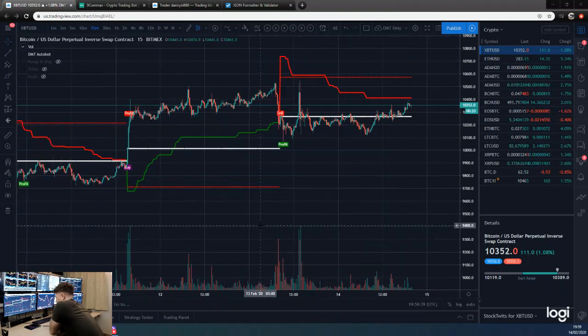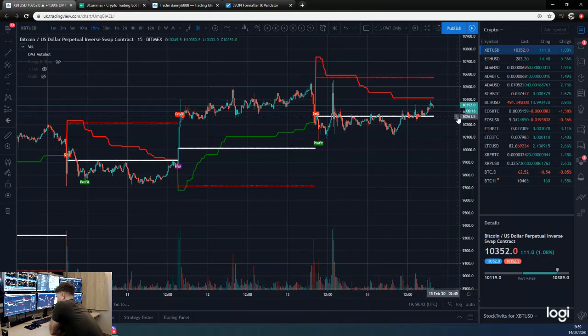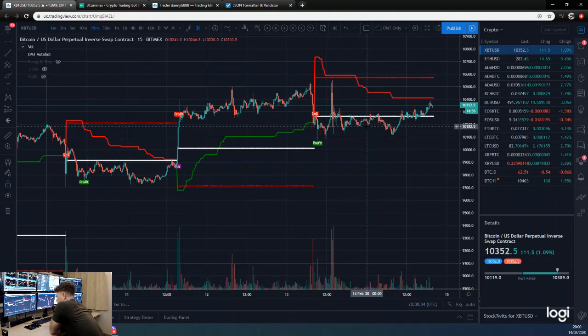There's not much to say really, other than, as you can see, if you were still holding this short, I told you guys I got out of it after this wick up and wick down. I was going to let the market settle down really. So I'm out of that short. But if you were still in the short, with the new settings, you would have been out almost straight away. I put those new settings in afterwards, those slightly shorter